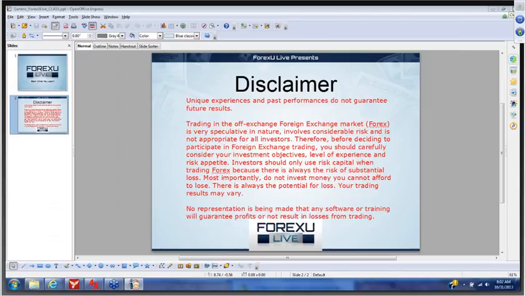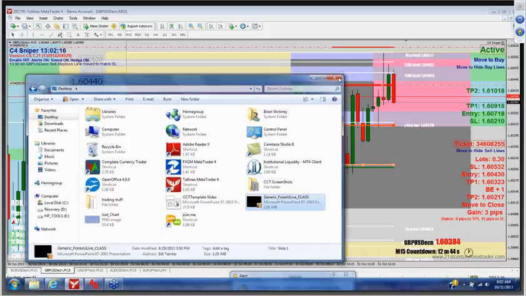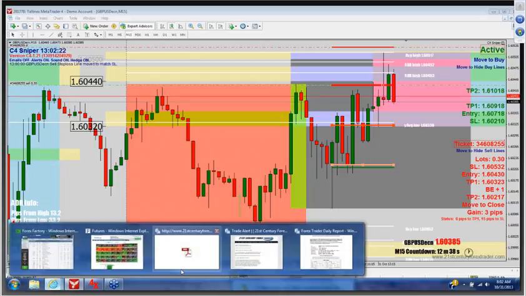I entered a pound trade a minute ago, off of 60.44, and it looks like we're getting some movement there now, so that's good. All right, so anyway, what we're going to be doing for the day is